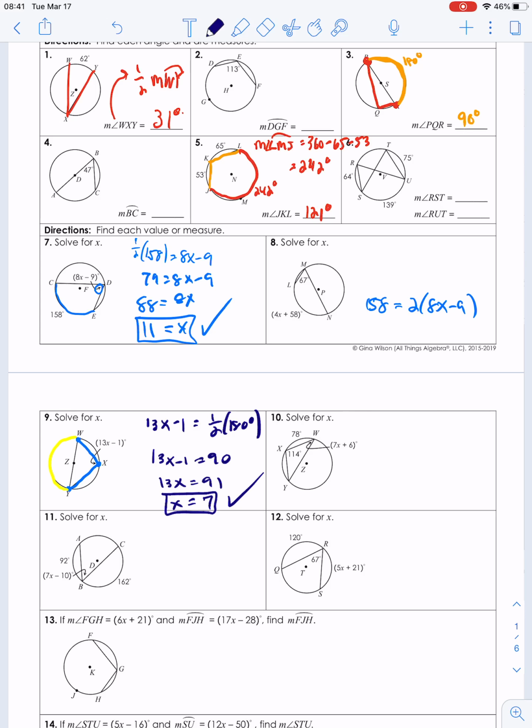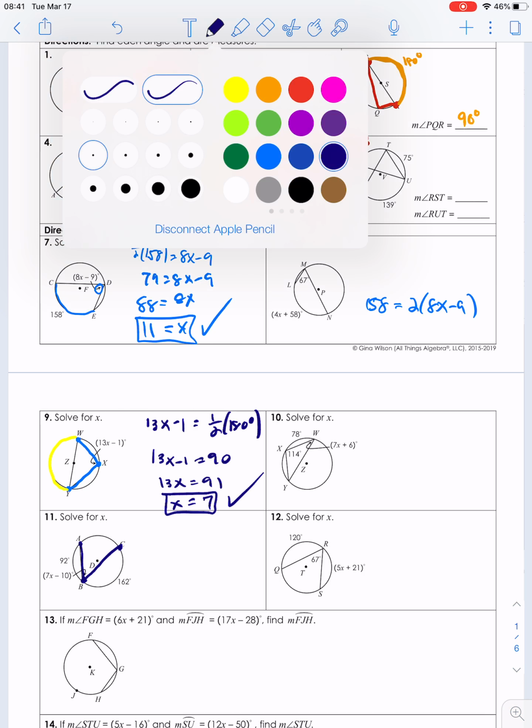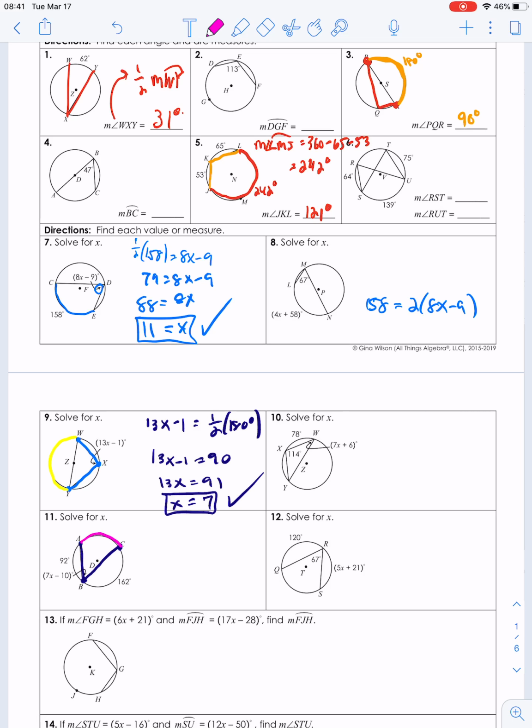Okay, number 11. We have our intercepted arc. Vertex on the circle, endpoints on the circle. Chords are its sides. Here we go. All right, we're given the intercepted angle to be 7x minus 10. The arcs around it are 162 and 92, which means this arc, let's change it to hot pink, is